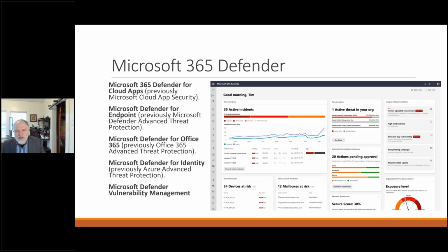And within the Microsoft field of security tools, which is something that I spent a lot of time working with, I want to go through a few of the key ones here. There's what Microsoft calls Microsoft 365 Defender. You may have known some of these tools by some of their old names, so I've thrown some of the old names up there.